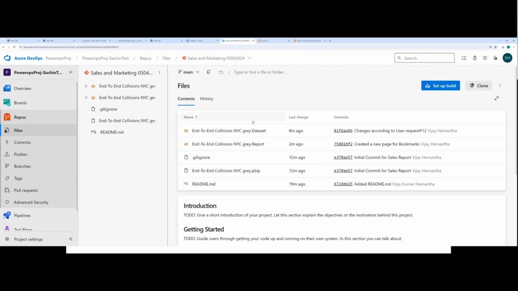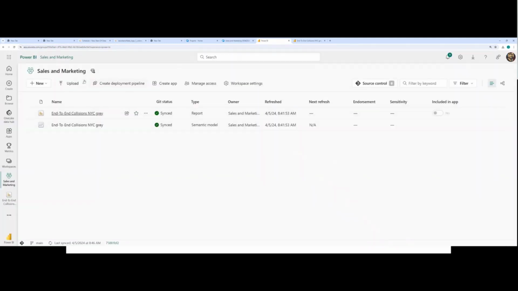The best part is that you can also tag this main branch. We have created one repo in Power BI, right? So one workspace in Power BI. But you can also create a dev workspace, let's call it a dev workspace in sales and marketing. I'm not going to repeat myself on doing this same thing, but I'll just tell you at a